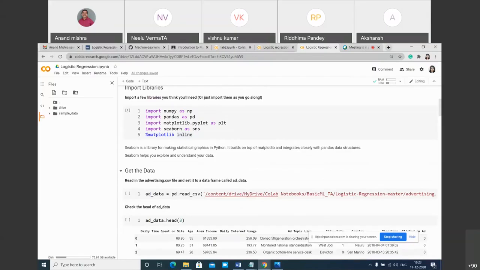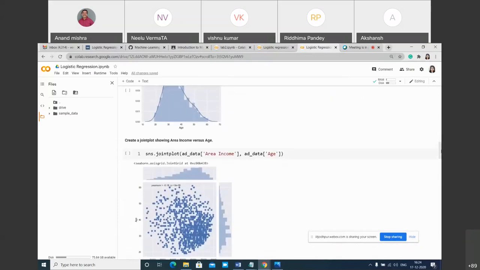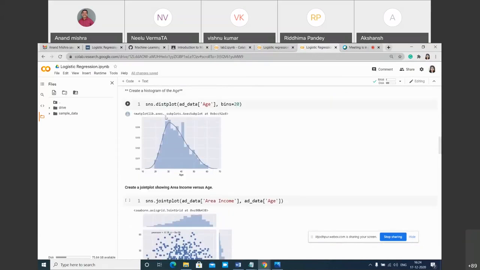Seaborn is a library for making statistical graphics in Python, and it builds on top of Matplotlib and integrates closely with Pandas data structures. Seaborn helps you to explore and understand your data. All right. So you can see here, this is a nice chart, a histogram plot.